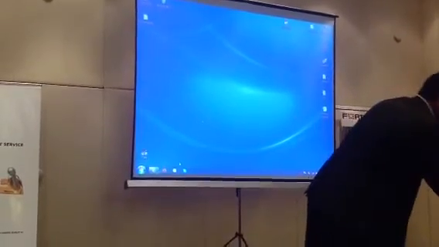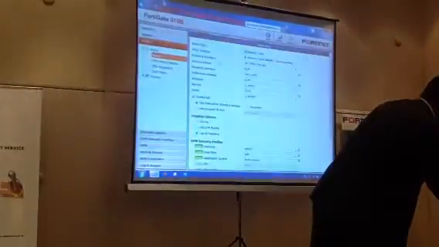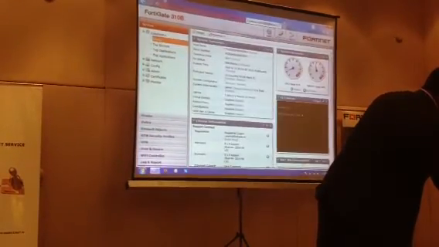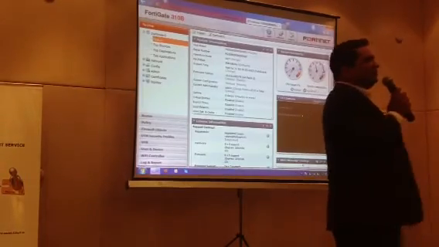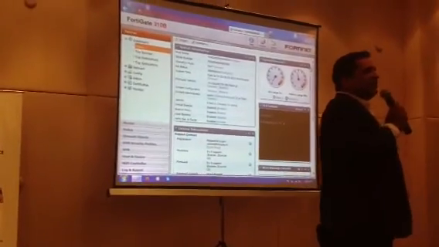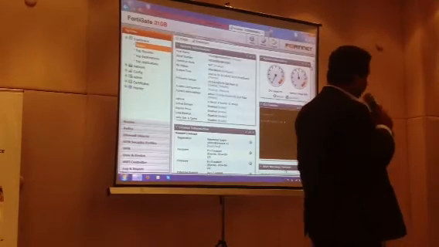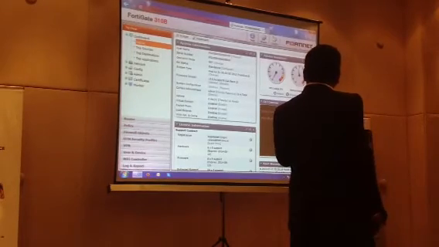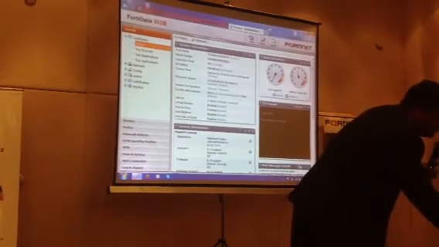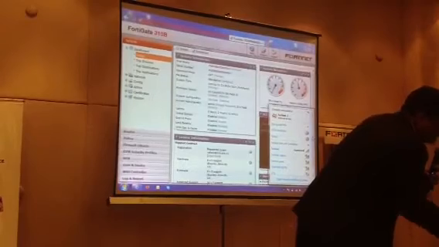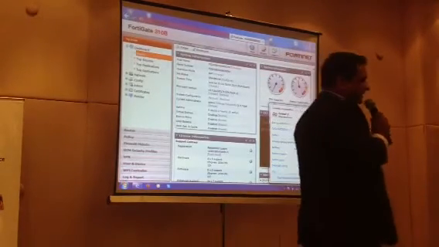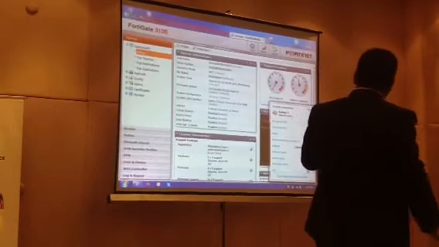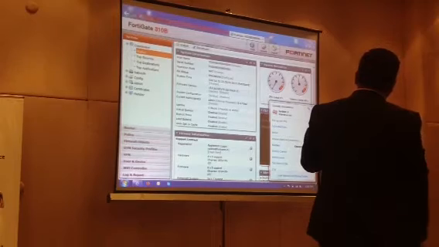So as Shakil spoke about next generation firewall, this firewall is running with the latest OS 5.0, which has next generation firewall features, UTM features, and a couple of logging and reporting features as well. Let me first show you. We have configured three SSIDs on this access point: Fortinet, Fortinet captive, and Fortinet guest.